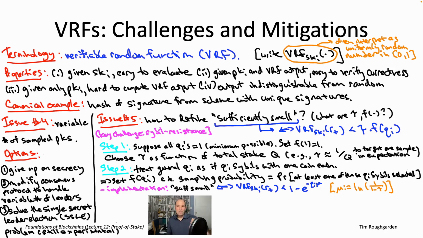All right, so let me just talk through this slick implementation a little bit to relate this to things we've said in the past. So first of all, remember what tau is, right? Tau is the probability that you're going to be sampling a public key with the minimum possible stake amount, like a stake amount of 1. So tau is generally going to be a number that's quite close, just barely bigger than 0, right? Like if your total stake amount is 10,000, you might expect tau to be something like 1 over 10,000.